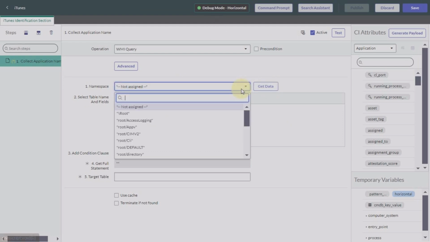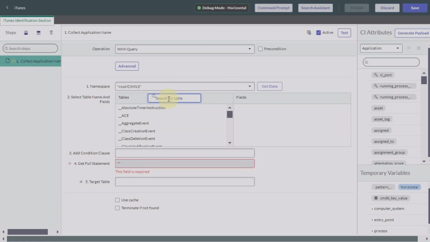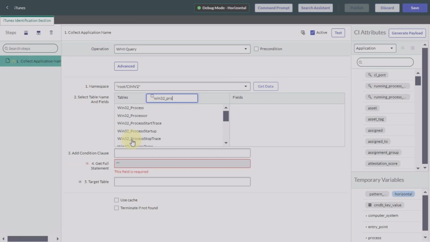Now, if you click on the drop-down, you will get your options. So we will select root CIMV2, table name Win32_Product,